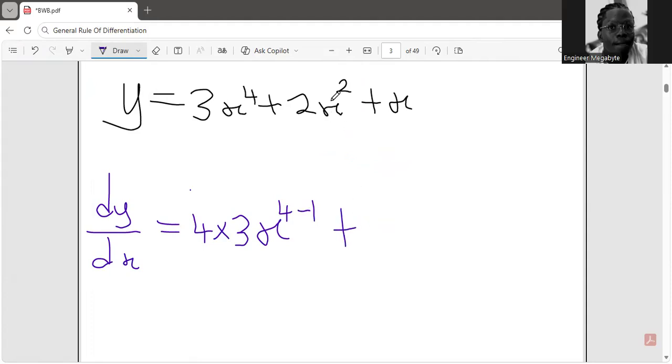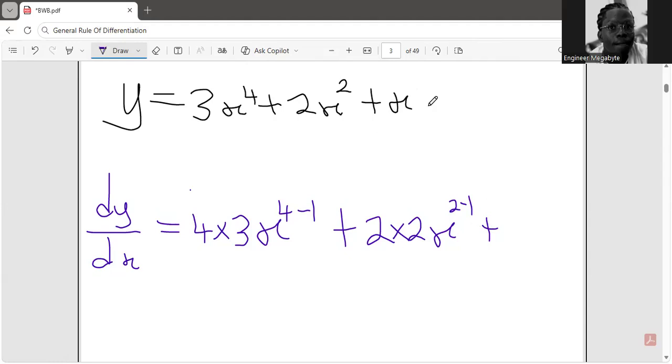The same thing, this 2 is going to multiply the coefficient 2, that is 2 times 2, x exponent 2 minus 1, plus